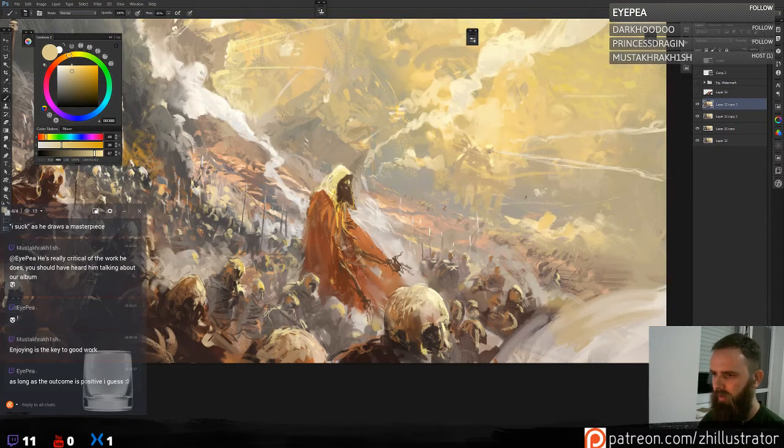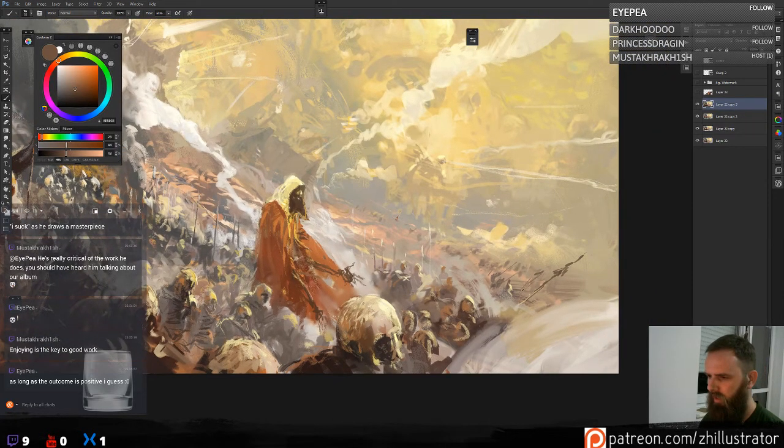And I need one banner or a big spear here. And still keeping everything as loose as possible. I'm playing around with shadows and highlights.